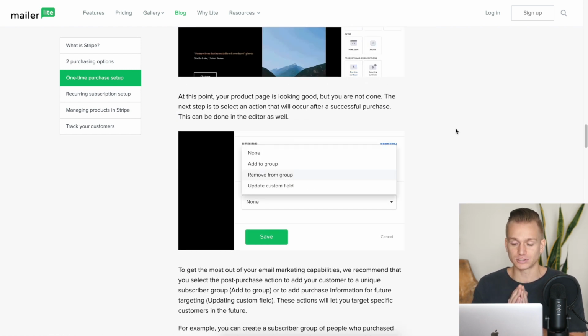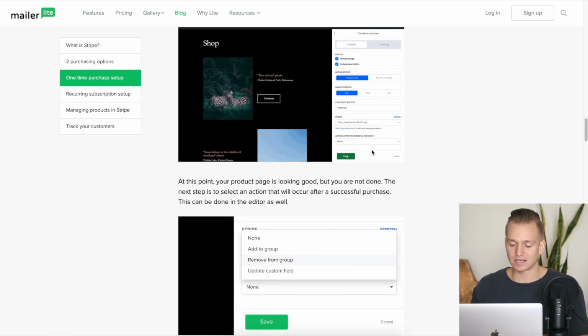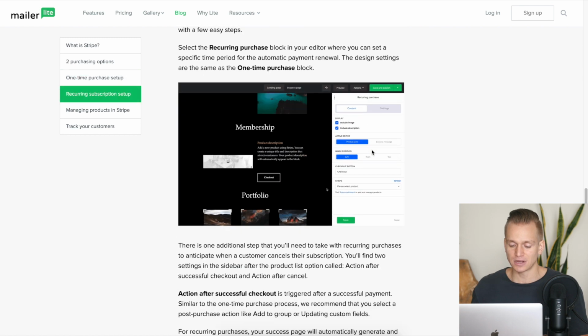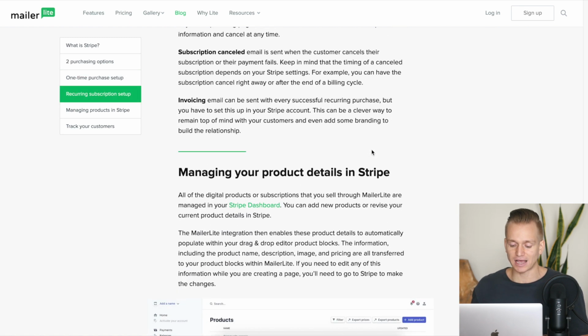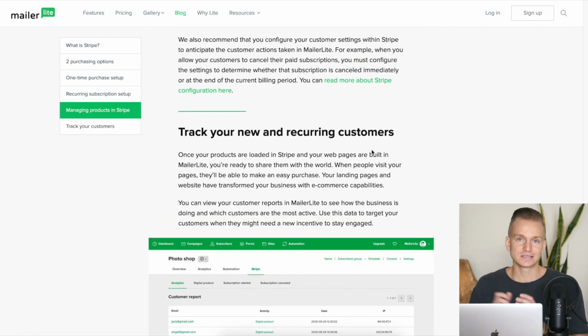You will need to create products on Stripe, but after that, on your landing pages you will have a section where you can insert the products, and you can have these transactions directly on your MailerLite landing pages instead of needing some sort of additional tool to sell products. ActiveCampaign doesn't have that, so if you want to be doing some sort of sales, then with ActiveCampaign you will need to have Shopify or WooCommerce or something else, and you will need to pay extra money to be able to sell products.